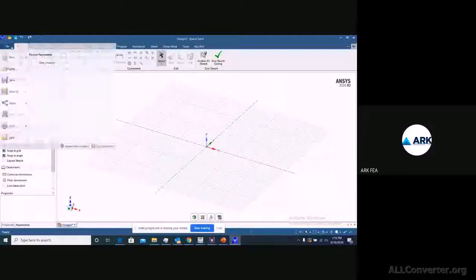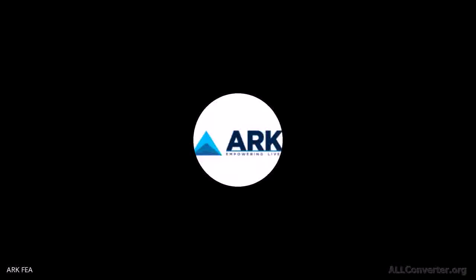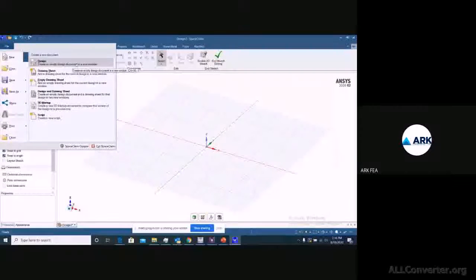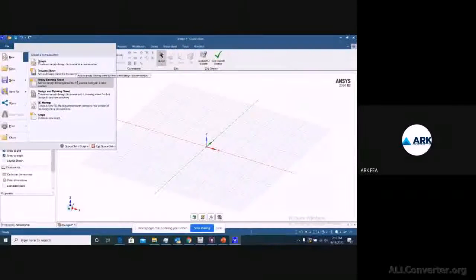Then we have different tabs. So the File tab is similar to any kind of tab you use in your MS Office. So you can take a new screen from here. You can either use this screen for designing, or you can also use it for creating your views. You have existing models available, and you can also take an empty sheet and start creating your drawing sheet.